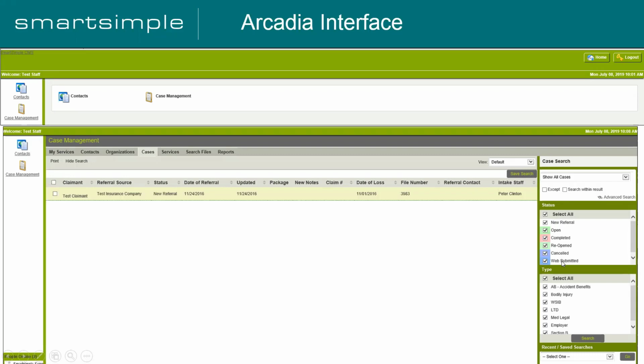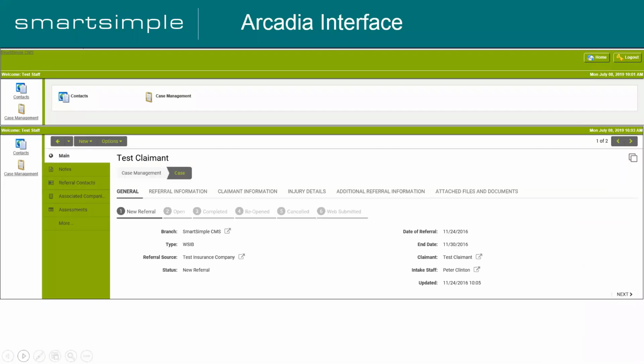What will happen when you switch over to Arcadia is in the next slide. So the top portion where you have the icons will still remain the same. Any shortcuts that you may have on the Classic interface portal will still be carried over, and they will still function.